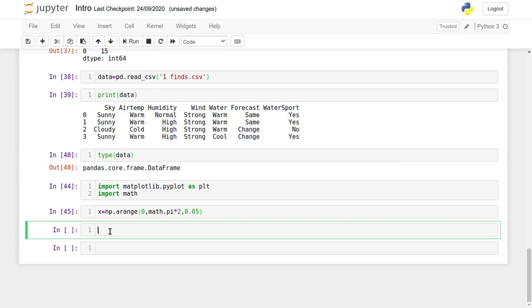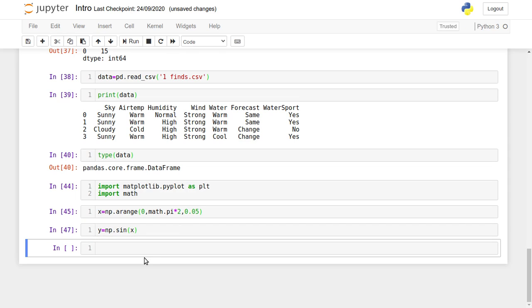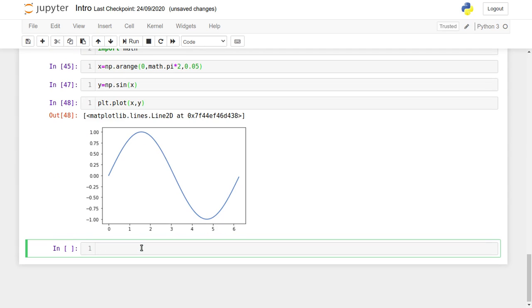Let us use the sine function: y equal to np.sin(x). We know the sine function is present in numpy because numpy provides most of the mathematical functions. Next we use the plot function of matplotlib, plot x comma y, and we will get the sine curve.